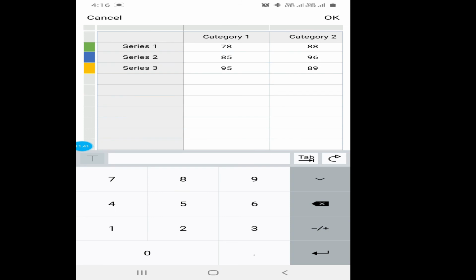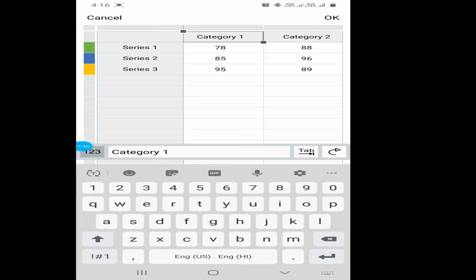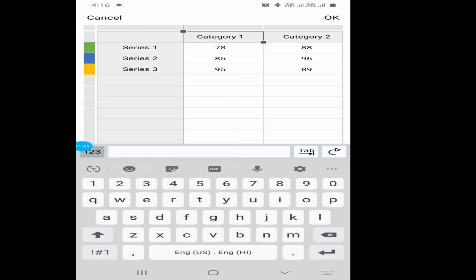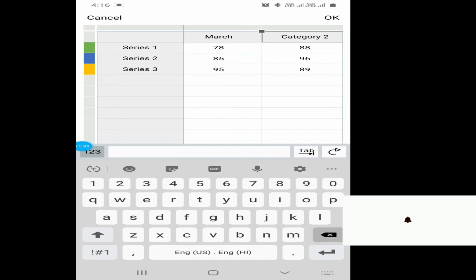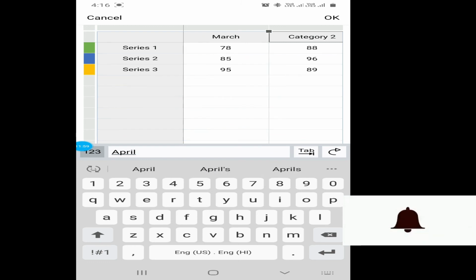Okay, now if you want to change the name of the category also, like here I want March, here I want April. For the product, I can do that also.